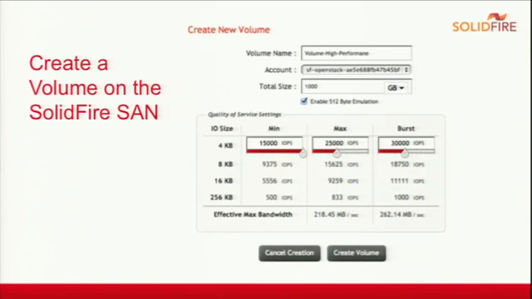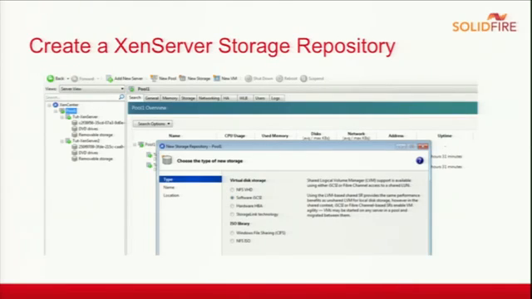So we're just going to go ahead, set up this volume: name, capacity, IOPS. Once I've got the volume established on the SAN, in this case I'm using iSCSI, so I have an IQN, an iSCSI qualified name. And that is what leads us into XenServer and how I set up a storage repository within XenServer. So right here you can see I'm actually within what Tim talked about, XenCenter,